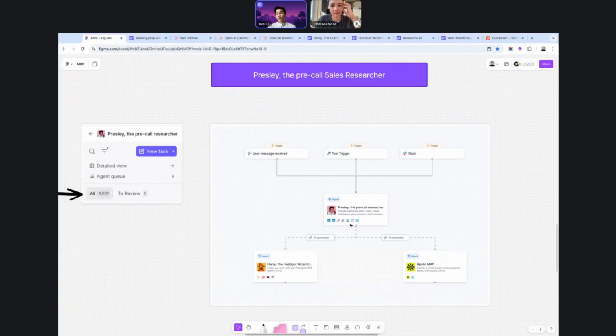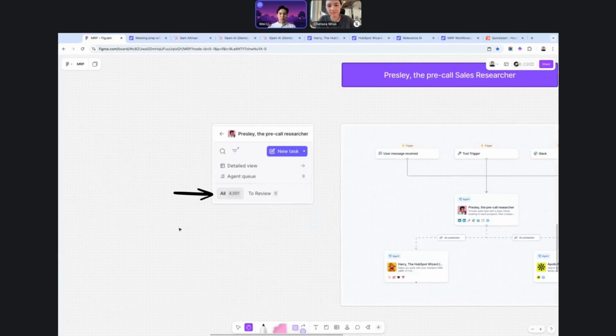That's where we can connect to other things like an Apollo MRP, which is able to take that detail from the calendar invite and look that person up online, whether it's Apollo, Google search, or LinkedIn. It's able to prospect and uncover more information, even if it doesn't exist in our CRM today. The combination of being able to plug and play different MRPs, depending on the job it's supposed to do, is a huge unlock, because whatever that meeting prep summary looks like, it's going to be much more informed.